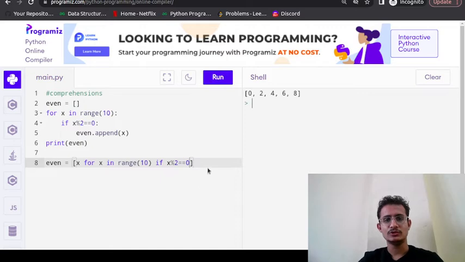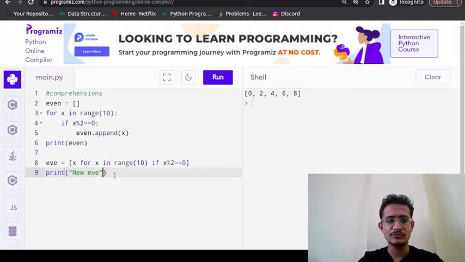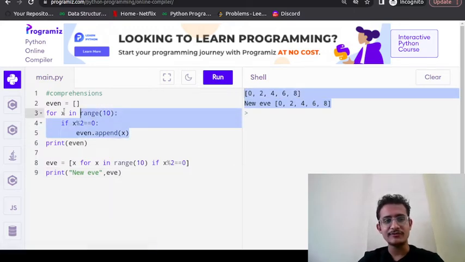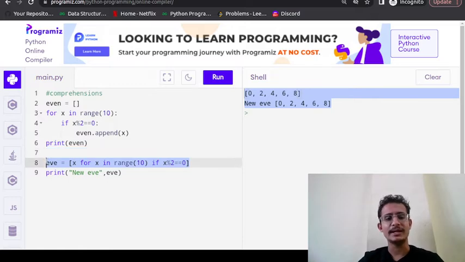Okay, so let me run the new print. Okay, so this is the new print, new even. Okay, let me write this as list as even, so we will not get confused. So see, new list is exactly the same as the older one. So this entire 4-line code is written in one line. So this is known as comprehensions.